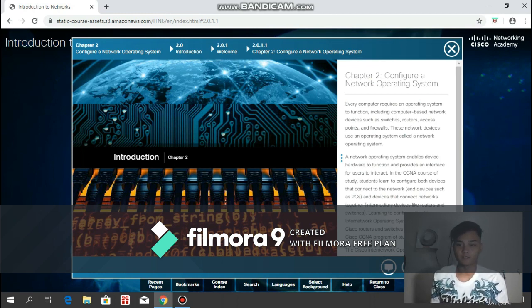For the start, configure a network operating system. Every computer requires an operating system to function. So it means every computer has a purpose for doing something, and then you have to configure